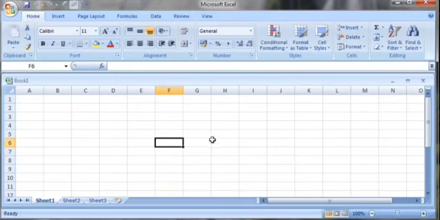To identify individual cells, they have addresses. The cell address format is column name and then row number. Here column H and row 7 intersect each other. So the address of this cell is H7.